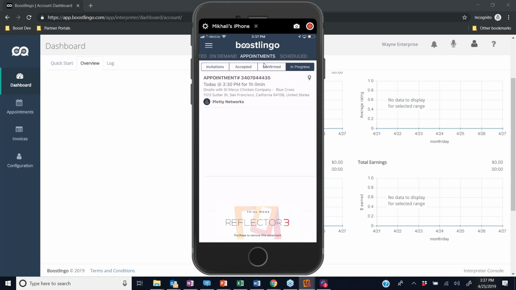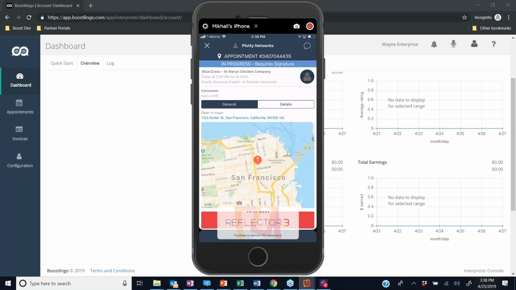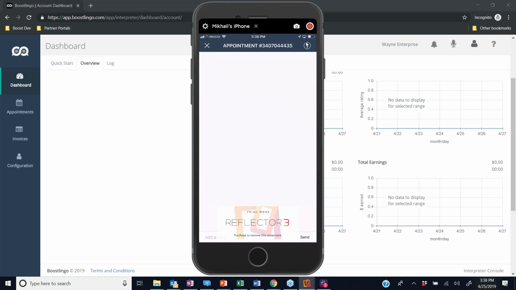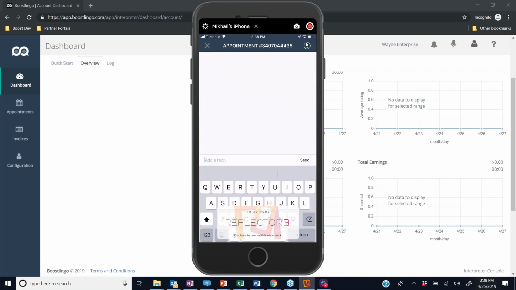Let's go to our in progress appointment real quick. One of the things you can do for confirmed appointments and in progress appointments is communicate with your respective agency coordinator. Simply by clicking on the appointment, in the top right corner, there's a little chat box. Click on this chat box, and I can say, hi,